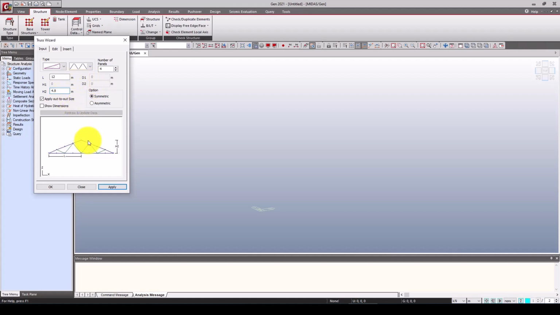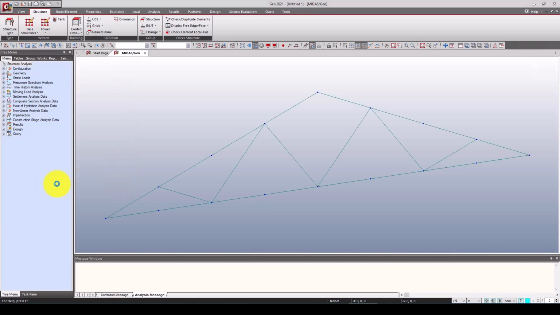And the number of panels in this 12 meters, we want 1, 2, 3, 4. If I go back here, you see 1, 2, 3, 4 panels. In the bottom, each panel has 3 meters. Now this is okay, and I'm going to click OK, but we couldn't define